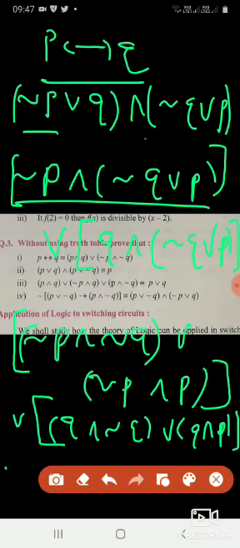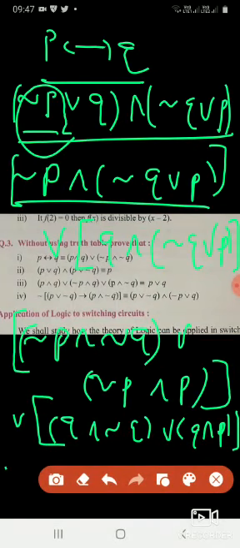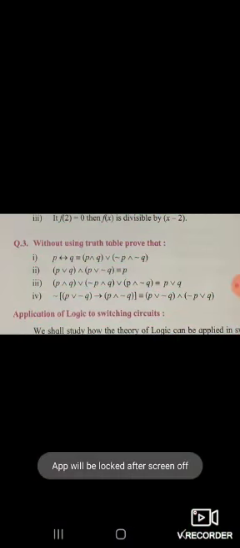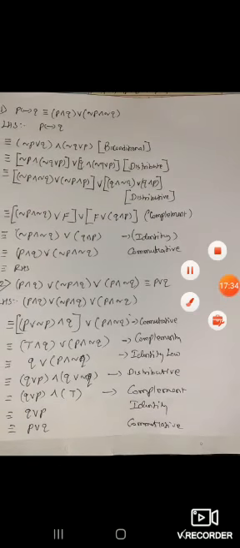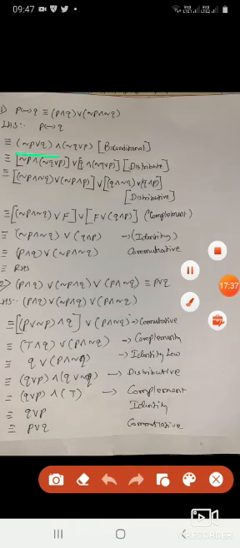First it is given. After that I have used biconditional law. Then I am expanding this by using distributive law. Once again I am using the distributive law. So now listen. Then how will the next step be? Just see, the same sum I have taken. First I have used biconditional, second the bracket distributive law, then also distributive law. Now listen, I am going to explain the next step, how it will come.